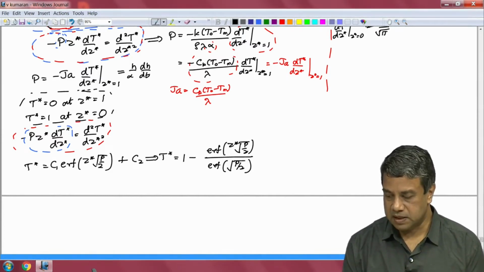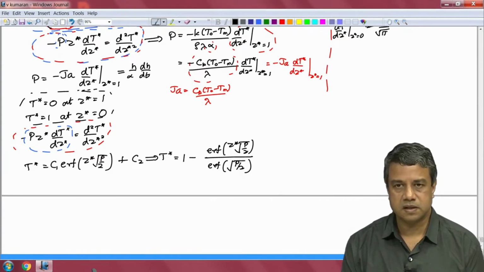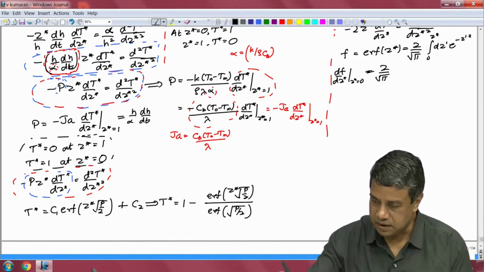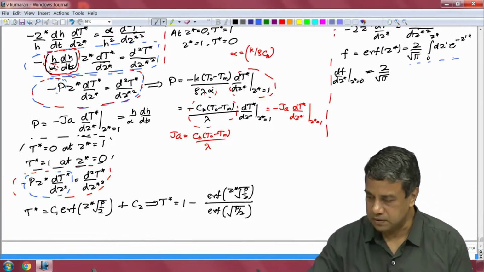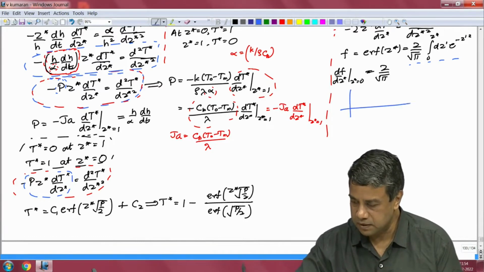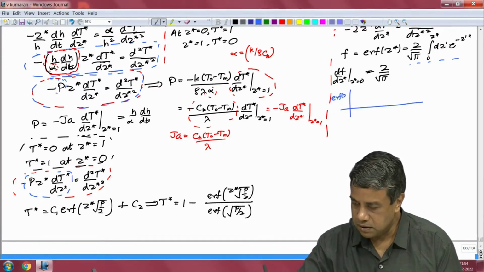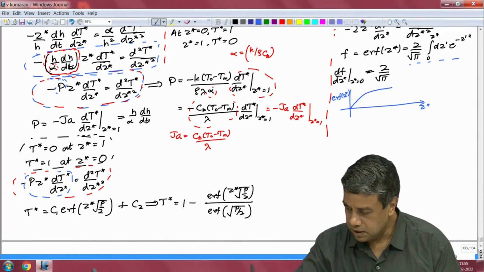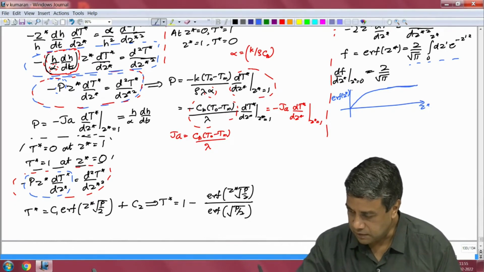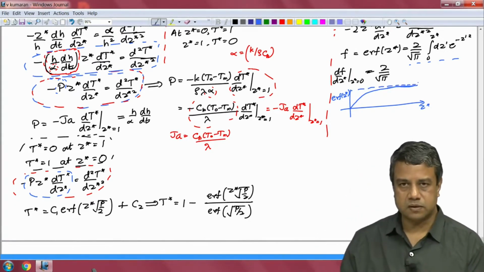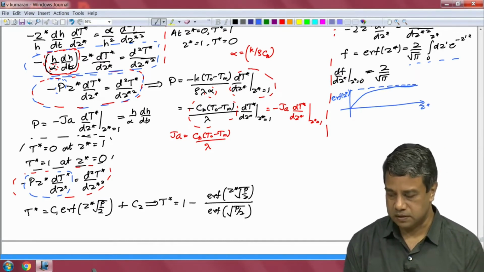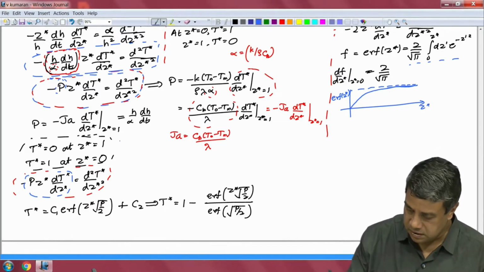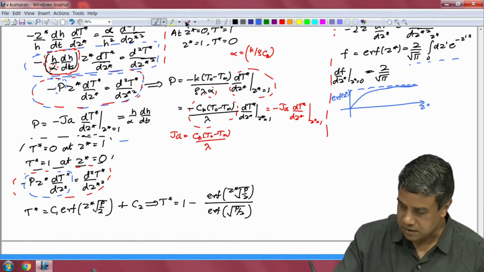At z is equal to 0, the error function is 0 because it is an integral between 0 and 0. This integral for the error function at z is equal to 0 has to be 0. If you recall, I had drawn the error function for you versus z star. When we discuss the error function, it starts from 0 and then it goes to 1, far away. It goes to 1 in the limit as z goes to infinity, and it is 0 at 0. So, error function is 0 at 0, and therefore, it satisfies this condition